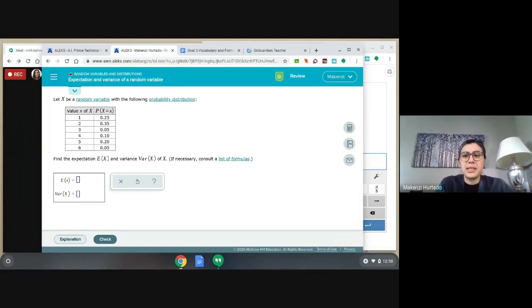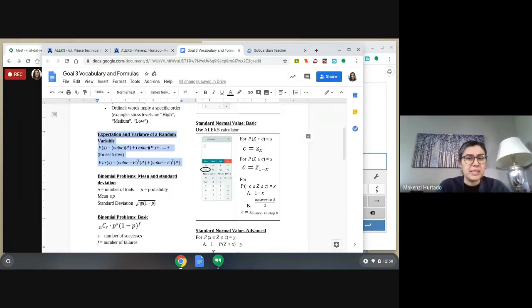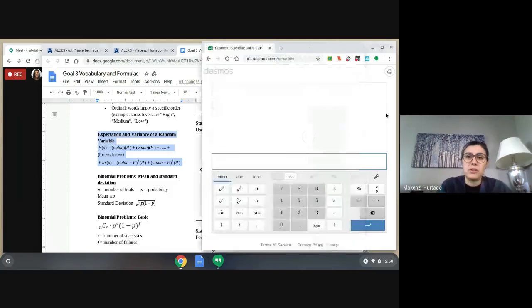Okay, today I'm going to explain the topic expectation and variance of a random variable from goal 3 of statistics. When you are working in goal 3, please remember to have your goal 3 vocabulary and formula sheet available. It makes it a lot easier. It has all your formulas there for you. I highlighted already. We are looking at expectation and variance of a random variable. Also, make sure you also have your Desmos scientific calculator out at all times because we're going to need that